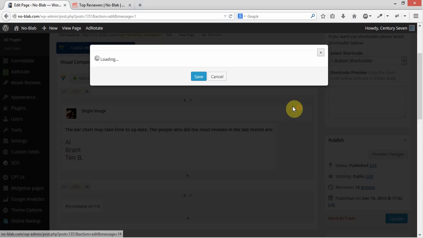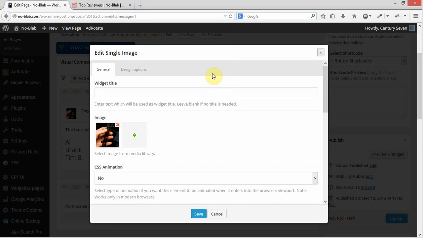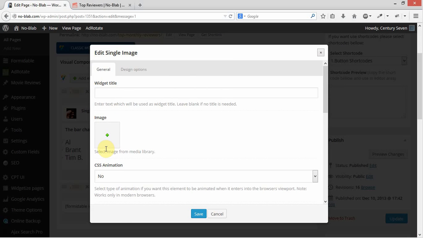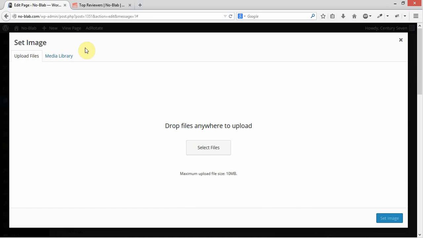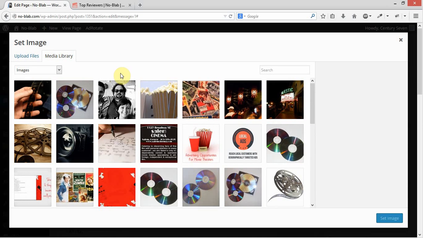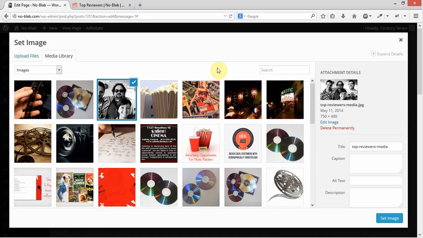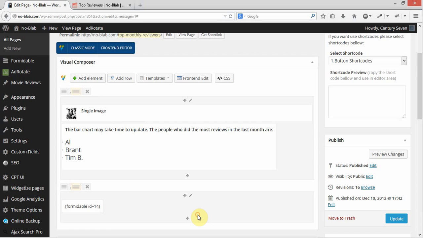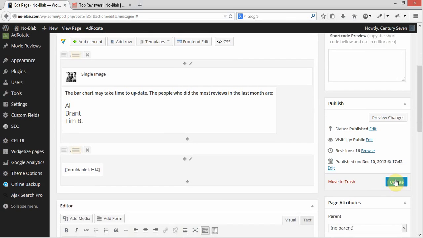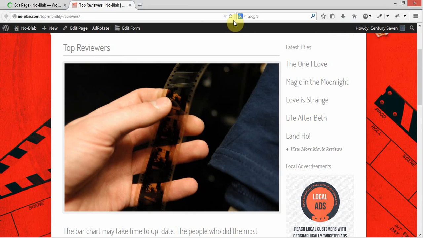I'm going to click on the little pencil there to edit. I'm going to click on the X to remove it. But this time, instead of uploading a file from my computer, I'm going to come into the media library and select one that I already have uploaded. I'm going to select the picture that we had there before, and click Set Image. Once I've done that, I'm going to click Save, and then come over here and update the page. And when I come out here and refresh the page,